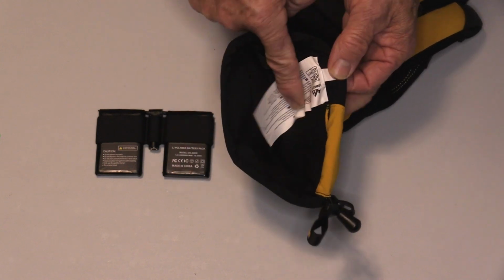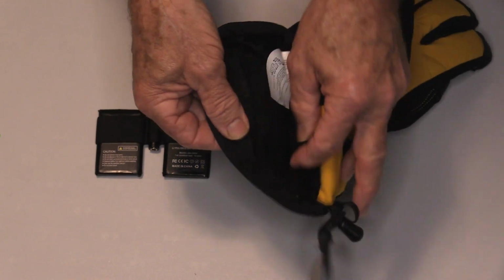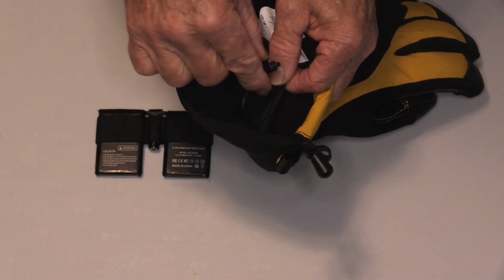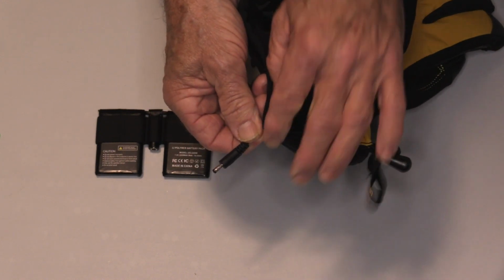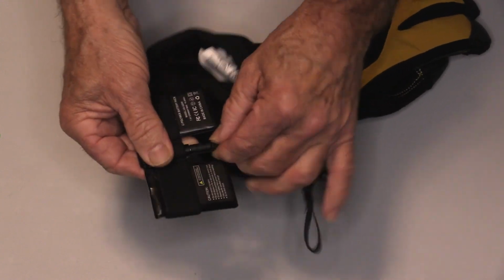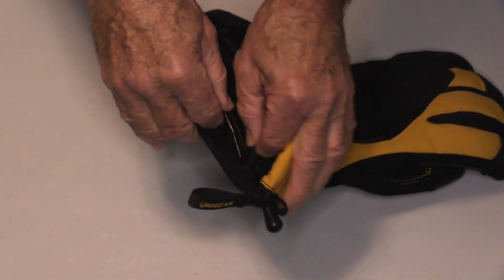You'll notice there's this big tag. Well, opposite that, there's a little zippered pouch here. Under this little flap, you just unzip it like so, and open up. You'll see there's a little pouch in there, and there's also this little cable that comes out, very similar to the cable that we use to charge them, but in this case, it plugs in, and then this will send power to the gloves. So you just got to slide it back into that pouch there,